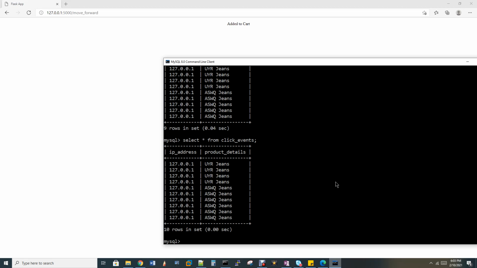For example, one small query I'm going to show you. I just wanted to know from this particular IP address 127.0.0.1 how many clicks have been generated. So this is one requirement from my client. He's asking me, I need the list of IP addresses with the time, how many times they clicked a particular product. So now: select count star from click events